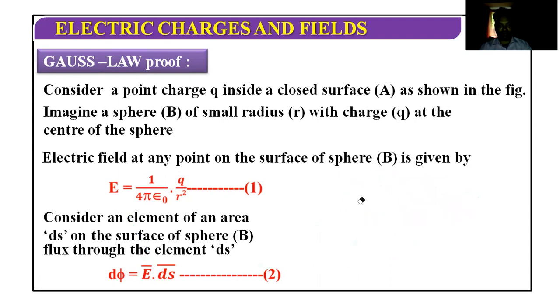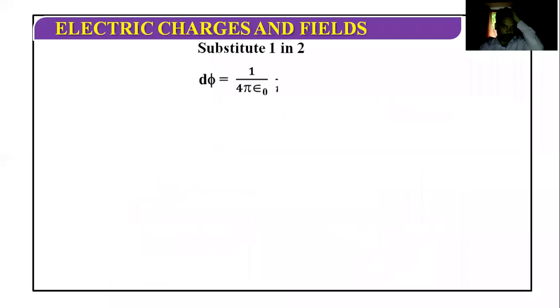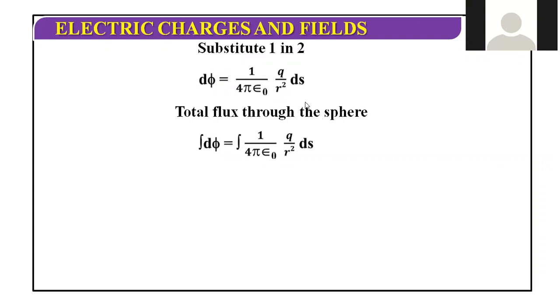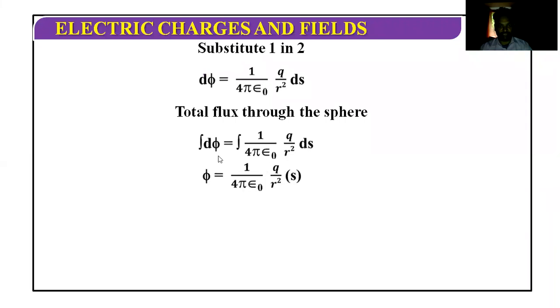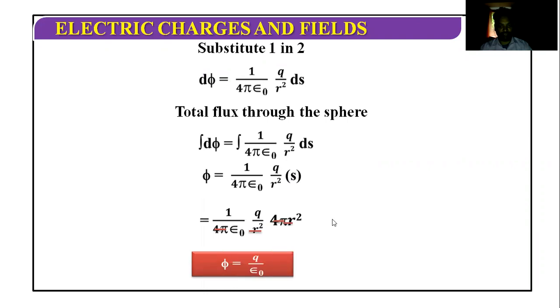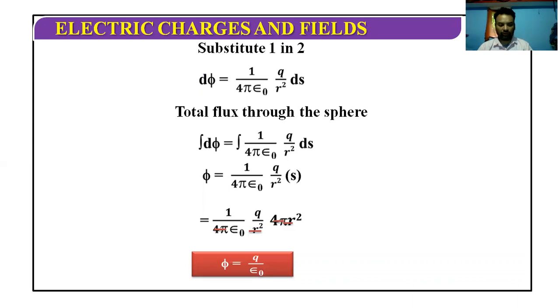And we will get the flux. So now we get the flux through the small area element ds. And for the total flux, we took the whole of this quantity outside of the integration, and within the integration only ds, and the integration of ds is S. Here the integration of d phi is phi. So the surface area S is 4 pi r square. So finally we get the Gauss law. So this is the topic, deduction of Gauss law from the Coulomb law.